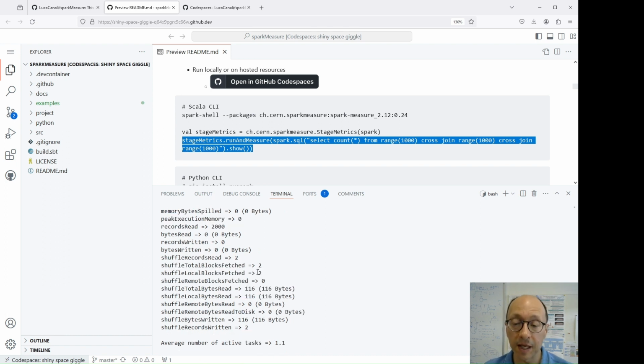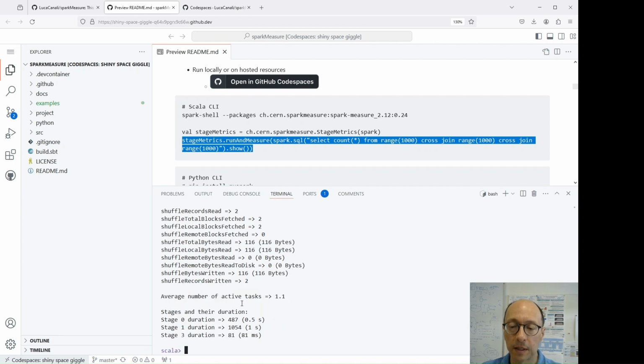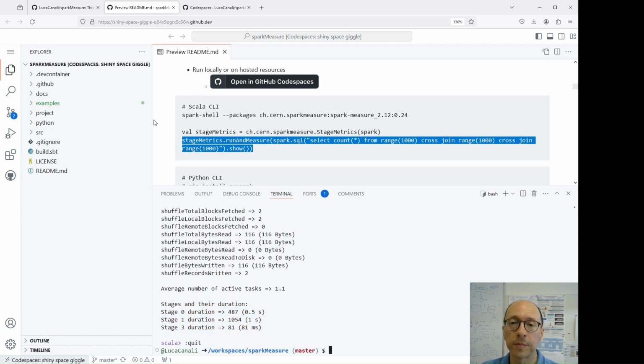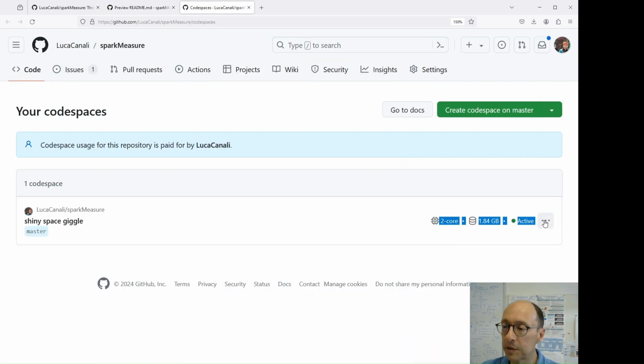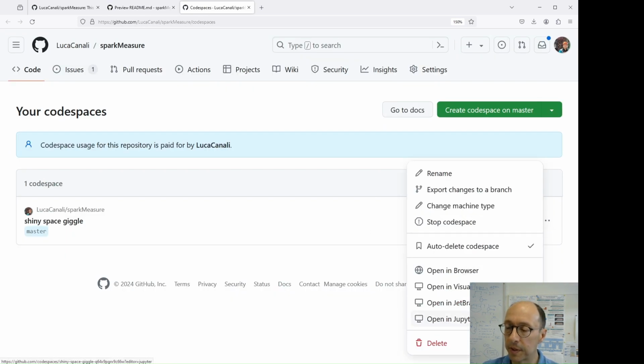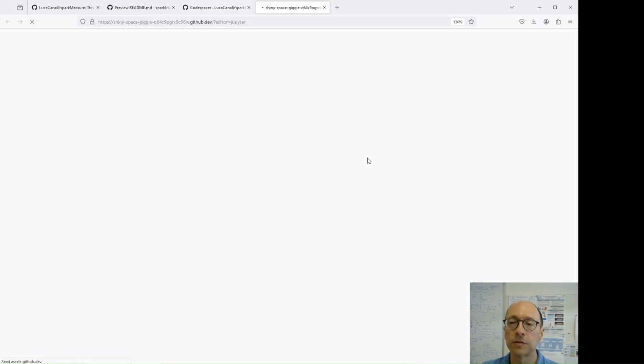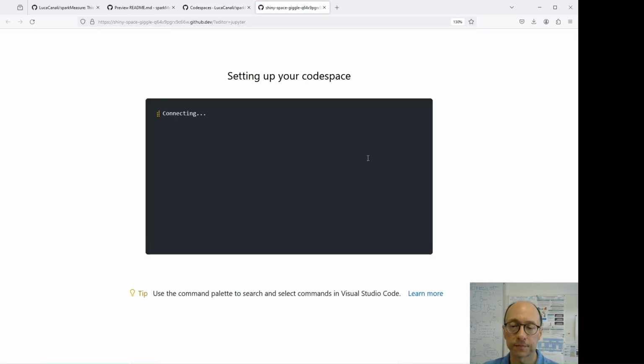This is a basic example just to get started. You will have links to more meaningful examples where some workload of importance is being tracked with Spark Measure. And then here we see the stage details. So let's get out of the Spark Shell. The next demo will be using Python, a language that is very much used with Spark. So we'll do that in a JupyterLab interface.